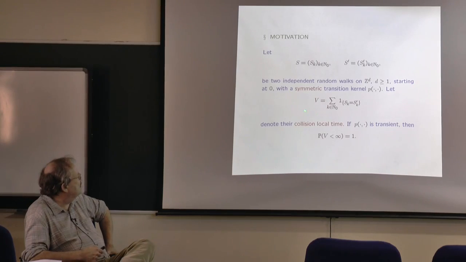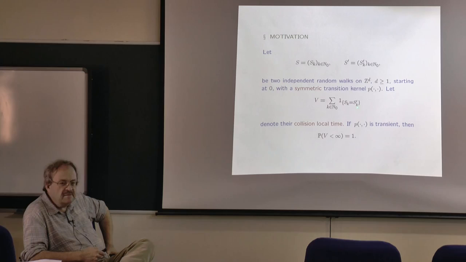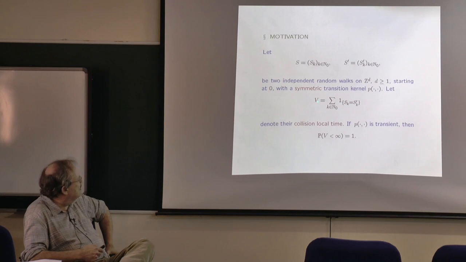And I'm going to be interested in what is called the total collision local time of these random walks. So I'm summing over all moments of time, and remember that N0 are the integers starting with 0, of the indicator that these two walks meet. It doesn't matter where they meet, but what's important is that they meet. And this V is the total number of times that they have met each other over an infinite time